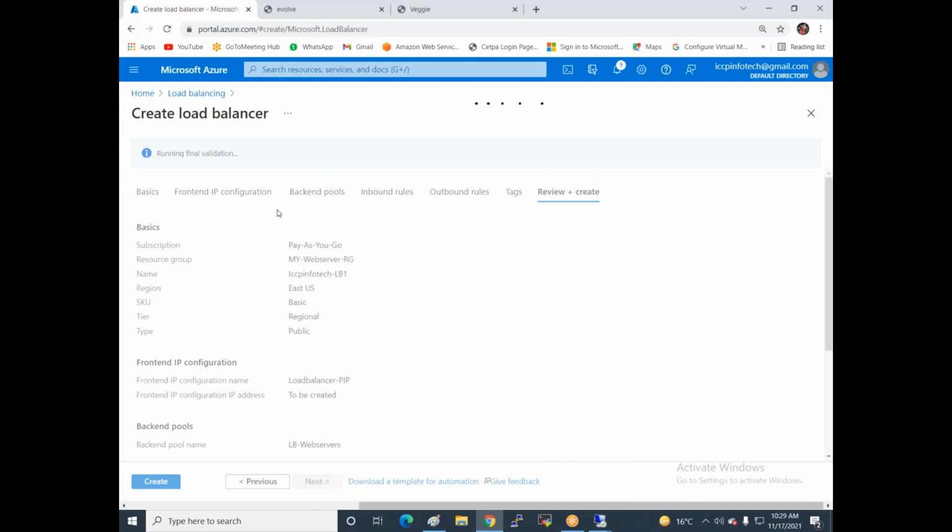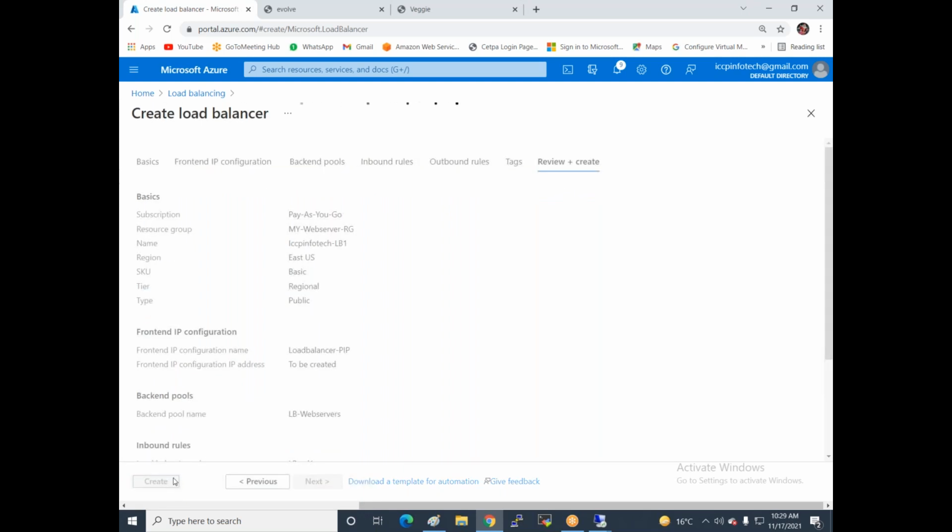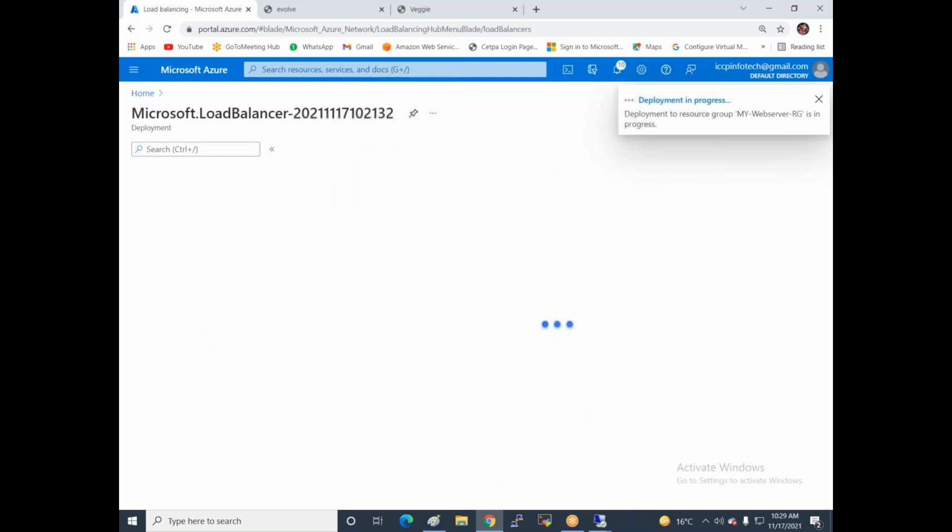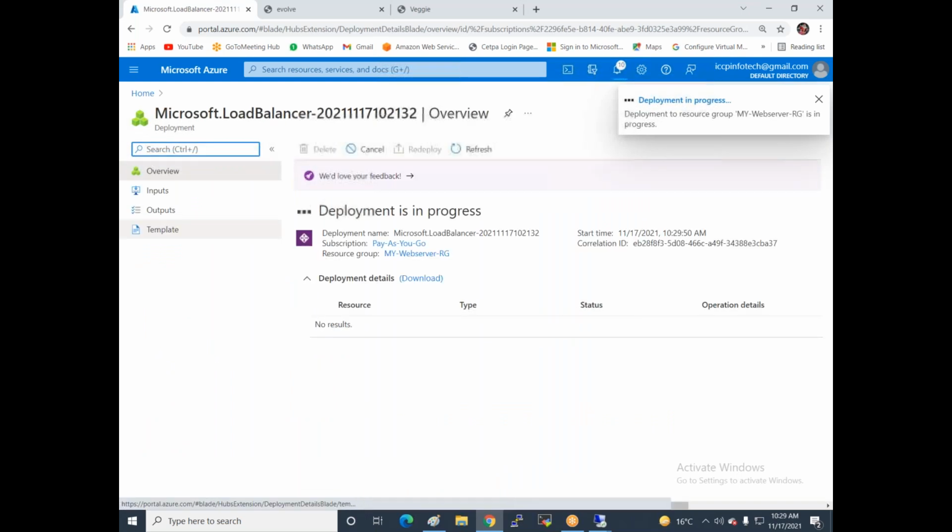So these are the new portal. If you watched the videos from before 6 months, you can see the entire load balancer configuration portal has changed. The points are the same, but the configuration and the steps are completely different. The new load balancer console is better than the previous one.